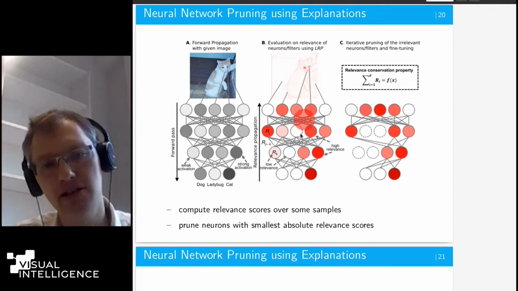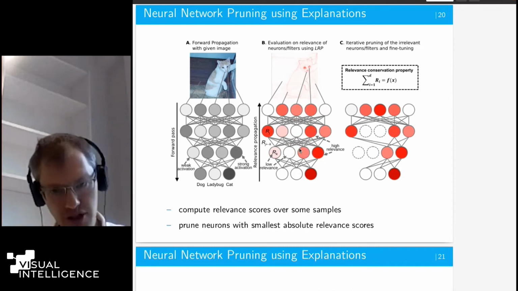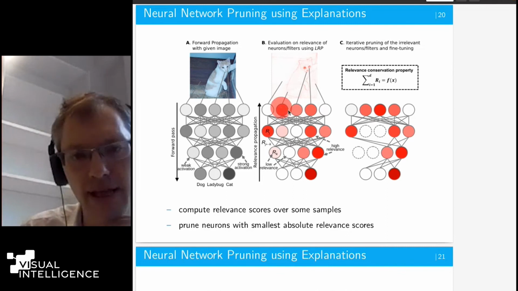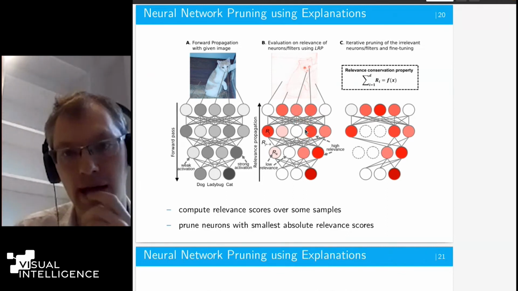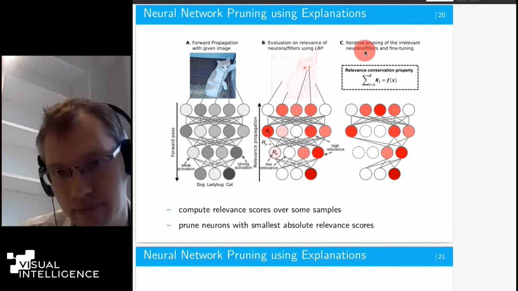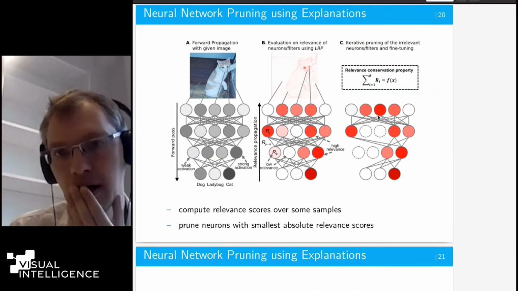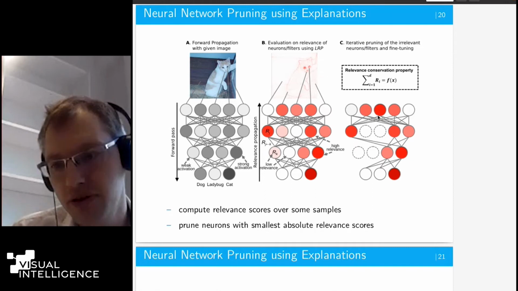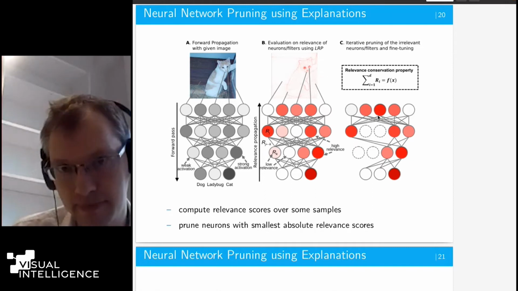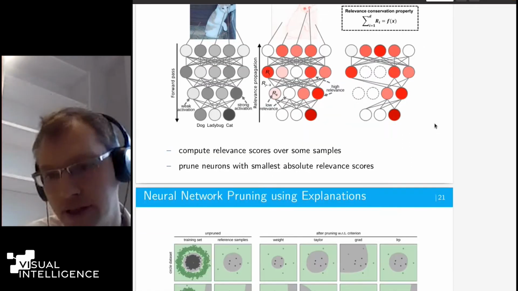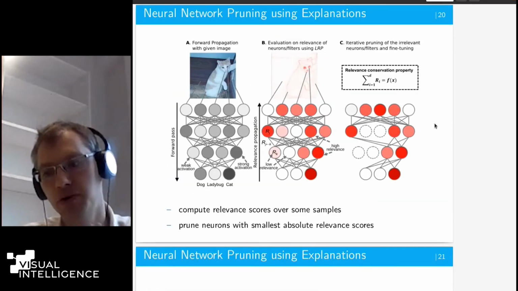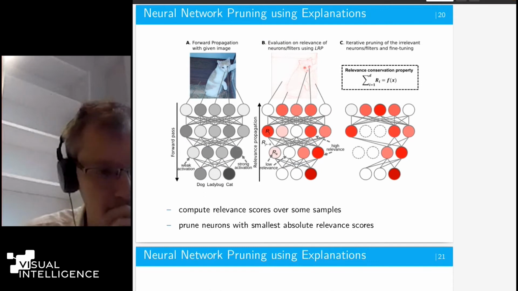And I aggregate these scores over a few images, and I get then some kind of explanation score for every neuron. And all I do then is iterative pruning of those neurons and filters with the lowest explanation scores. And maybe I fine-tune the neural network after that to remove some damage.